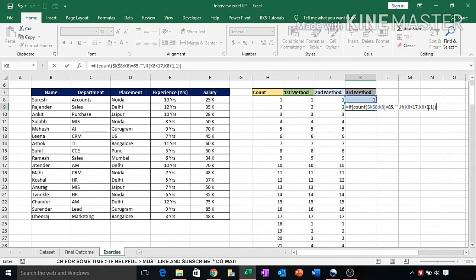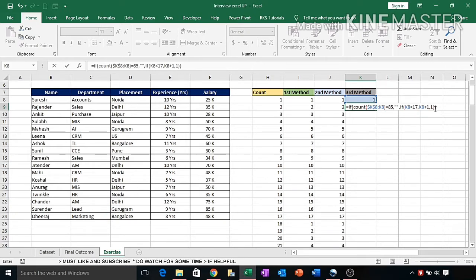Here we have put the formula K8 plus 1. Or if it has completed the 17, then it will again start with the 1. So this way the numbers will go 1 to 17, then start again from 1 to 17, and again from 1 to 17, and so on. And once the total 85 count has been completed, it starts giving blank values.